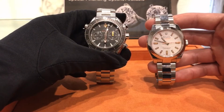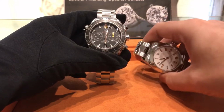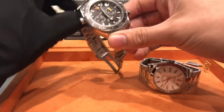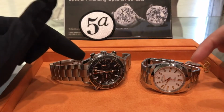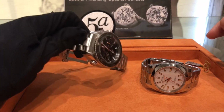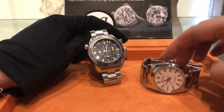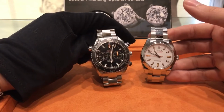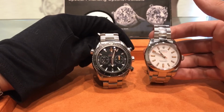You'll see the Tudor Black Bay has almost entirely all of its design aspects from heritage of the brand, as well as from the Rolex brand. Omega, they have really gone through a lot of different paces. They were both very popular starting out in the early 1900s, but Omega really gained traction in the 50s with some of their date dressier watches, and then Rolex was at the head of the caliber for almost all the Swiss luxury watch brands in the 50s when it came to dive watches,